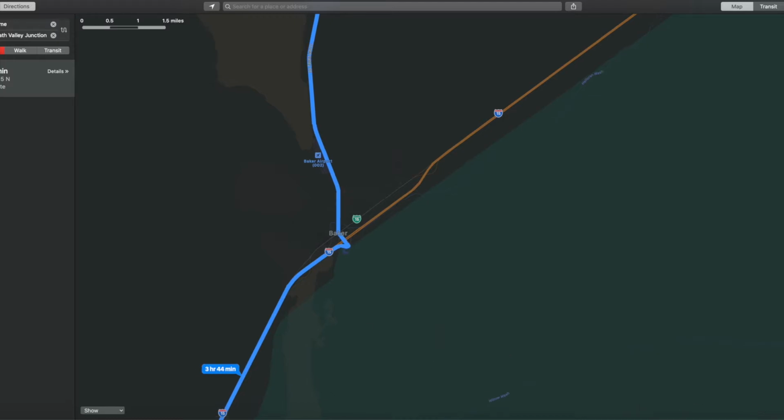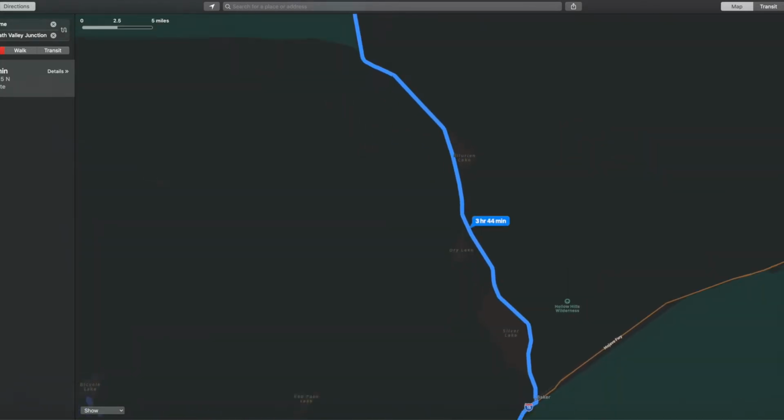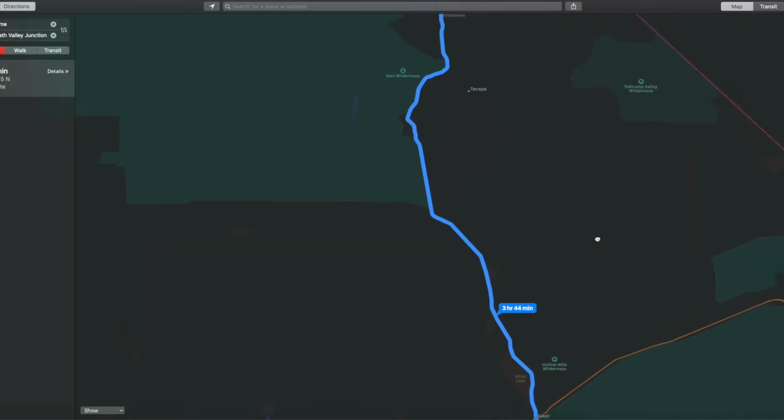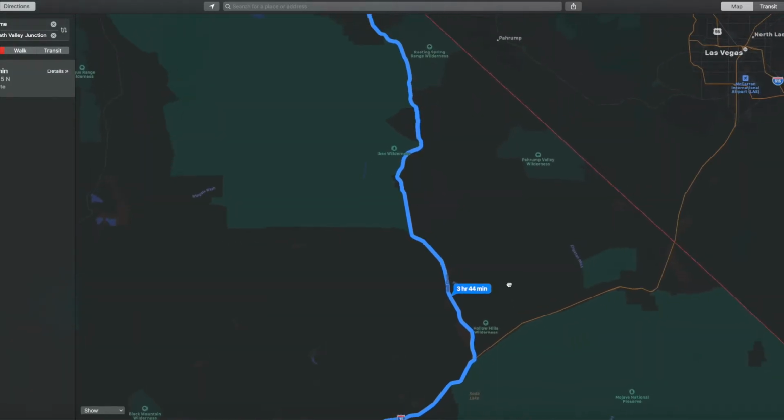And I'm going to zoom back out because I want to show you all the way up to Shoshone. This route is desolate, especially at the beginning of the COVID pandemic. I saw a couple cars and a couple police officers, and that was it. And no cell service. So, like, if you get stuck out here,